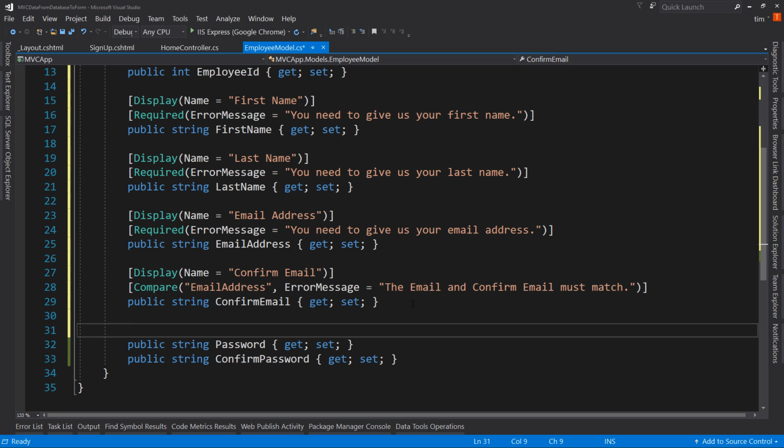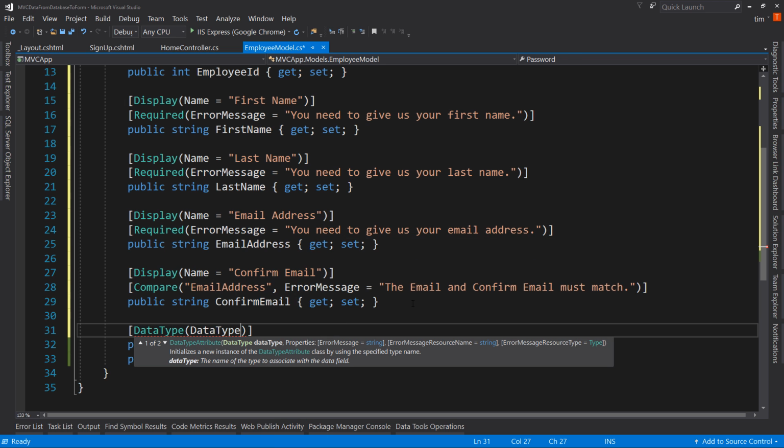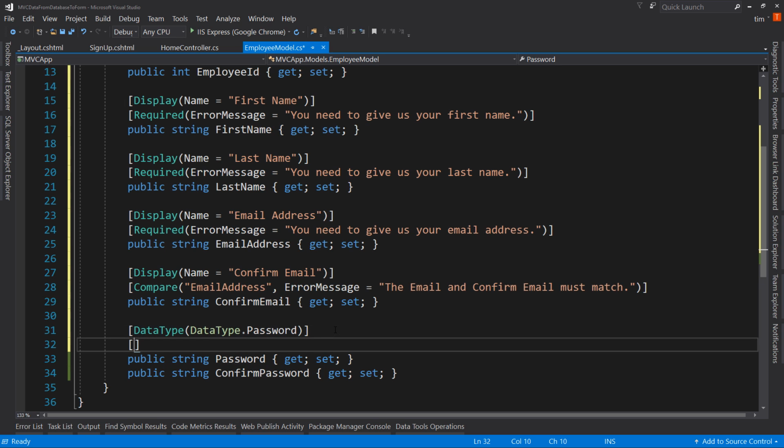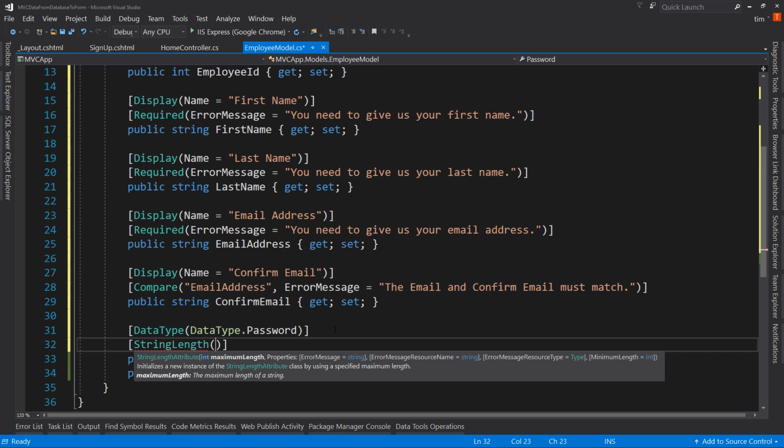And then for password, we're going to say the data type. So data type is DataType.Password. We'll do the same for email address in just a minute. We're also going to add another attribute called string length. We're going to say that the maximum length for the string is going to be, and this is silly,